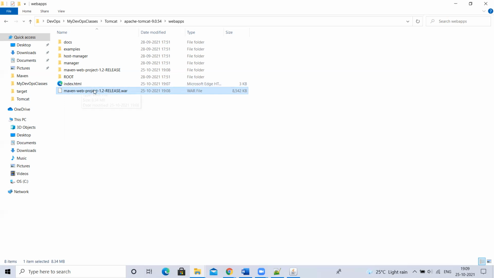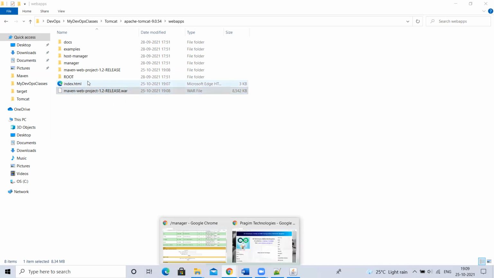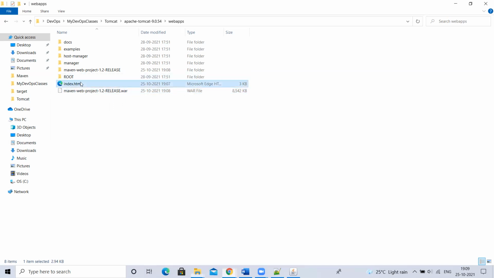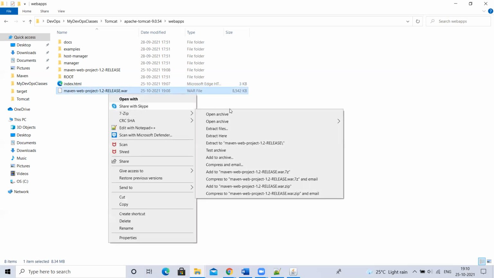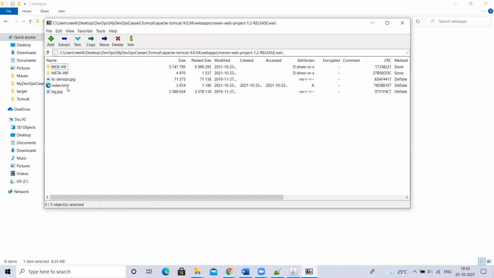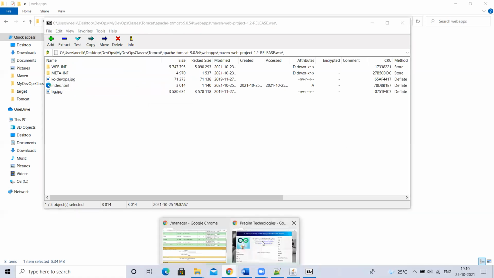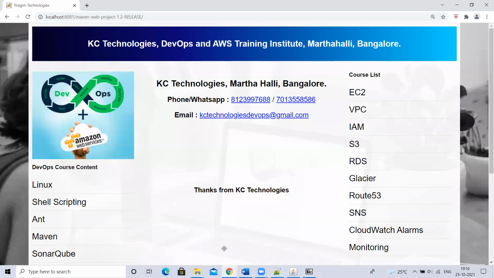And when you do a hotfix, if the hotfix is made on HTML or static files, what are static files? I said, right? Files with .html extension, .js, .css, those are called static files. When you make the changes directly inside the war file for static files, then you need not do anything in your Tomcat.